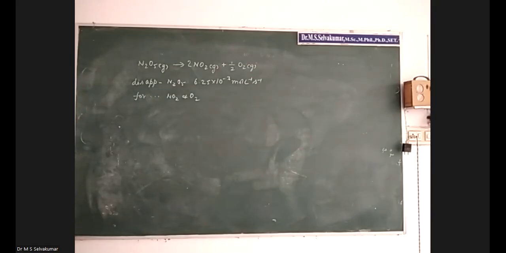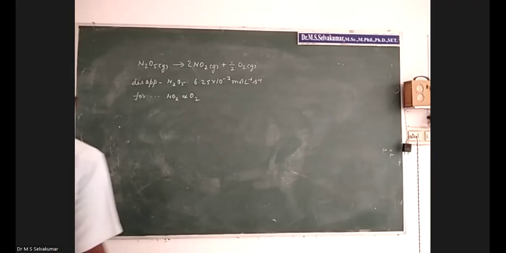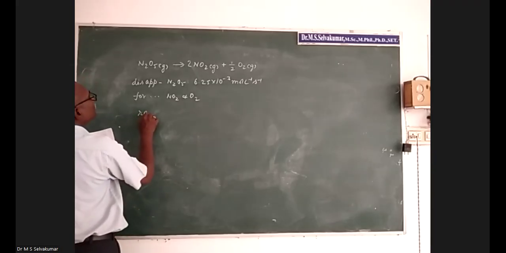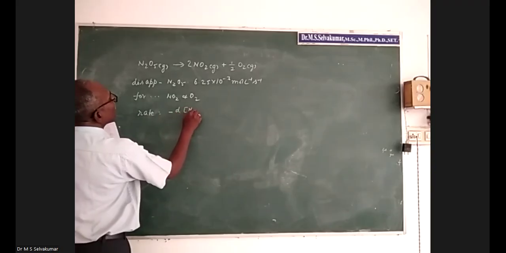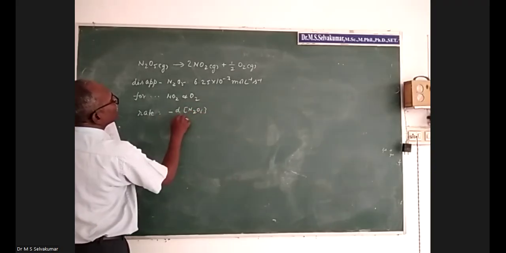The rate of disappearance of N2O5 is given, and we are asked to calculate the rate of formation of NO2 and oxygen. As usual, write the rate expression. Rate expression is minus d[N2O5]/dt